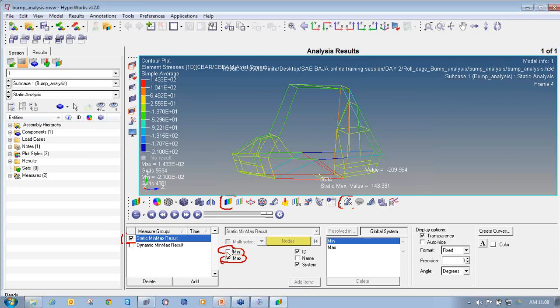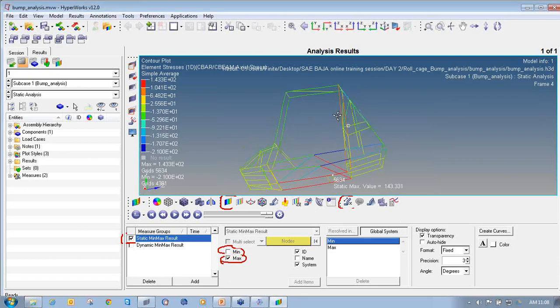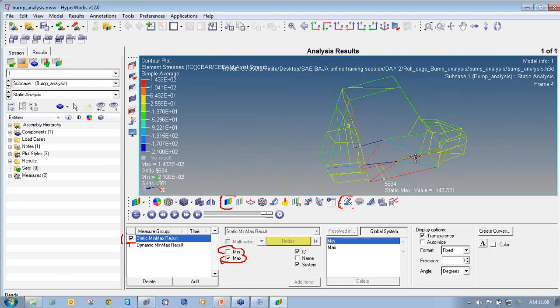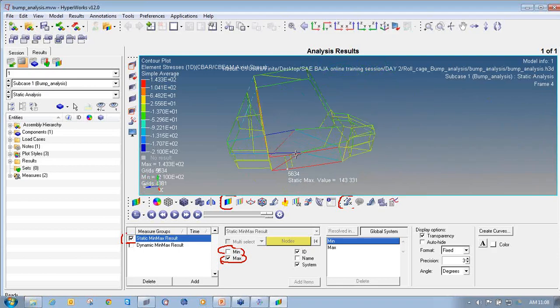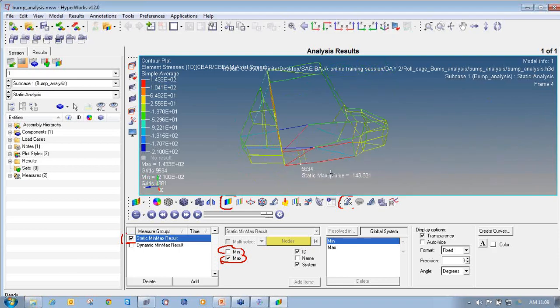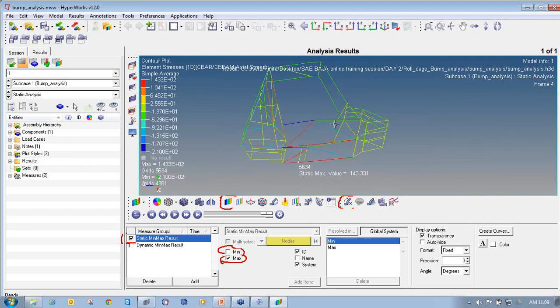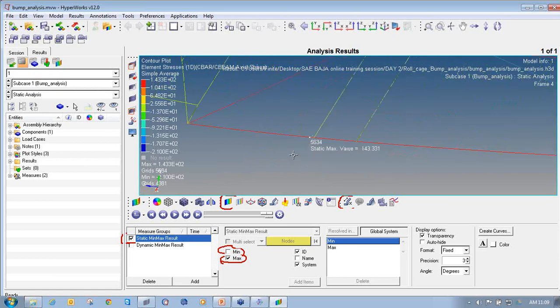So just uncheck the box for minimum. So this is the maximum value where my stresses are coming, and the value is 143 Newton per mm square. This is the location where maximum stresses occur due to the bump analysis, or due to the application of force in positive y direction of 4G as I am facing here.